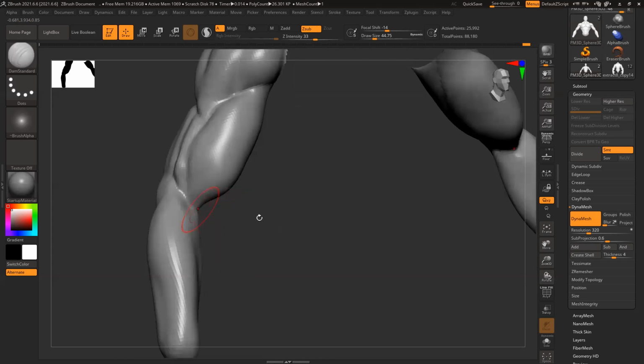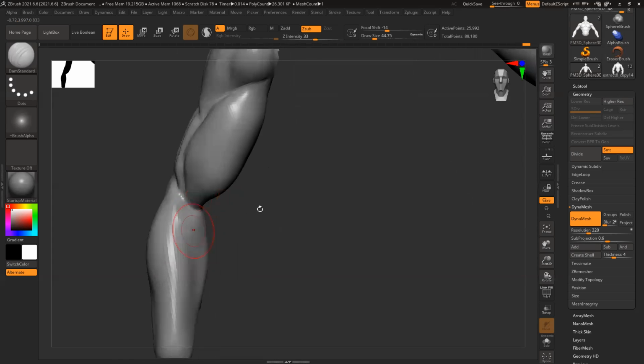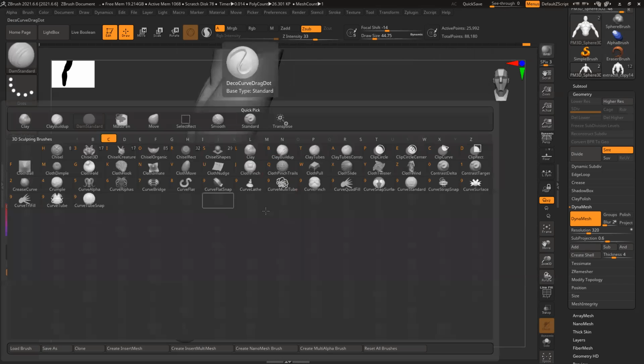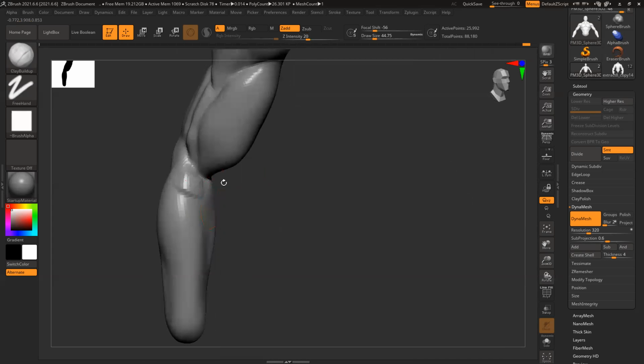So it extends, and now I want to make it bulky. The forearm is very thin, so this muscle continues here.